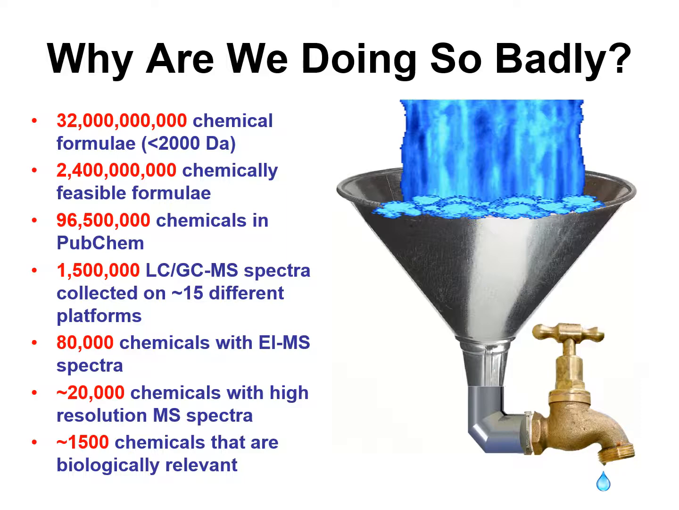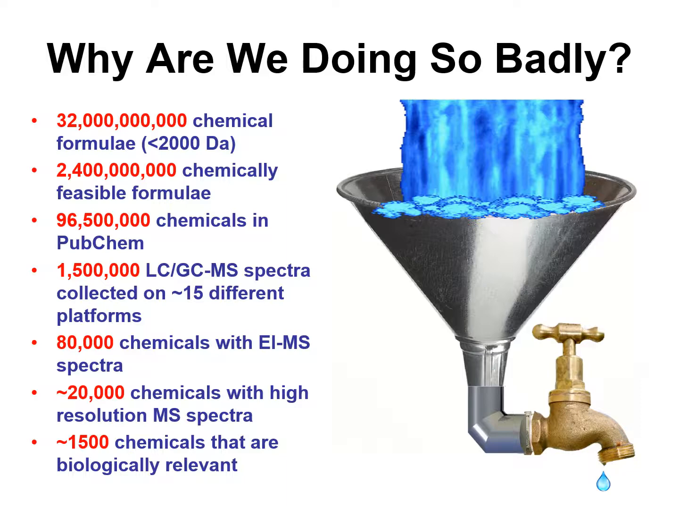If we look at all of the spectral resources from GNPS and MONA and METLIN, there's about 1.5 million spectra. So it's only a tiny fraction of the number of compounds in PubChem, about 1 or 2%. And these spectra have been collected on many, many different platforms. Now, if we look at the information a little more closely, we find that even though there's lots of spectra,